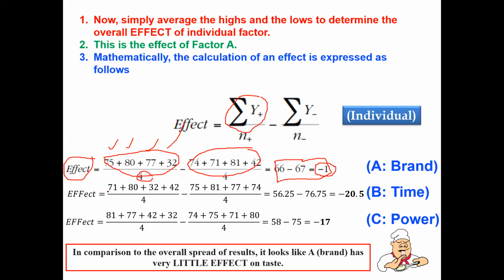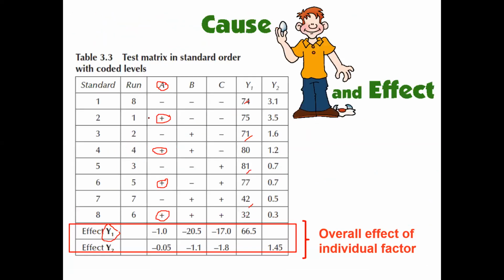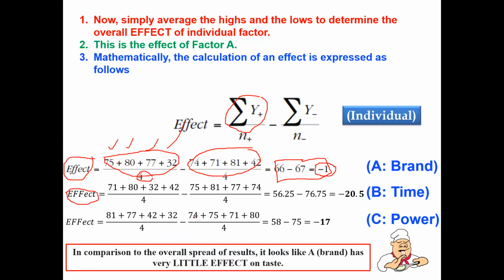Similarly, they have also done it for effect B, that is time, the same kind of experiment. So take all B at positive levels, all B at negative levels, and sum of positive minus sum of negative. They have got the overall effect as -20.5. Leave out minus or plus; we need only the value, how much it is. It should not be near 0. If you see, it is 20, about -20 times. So -20 times, the time is affecting the taste.